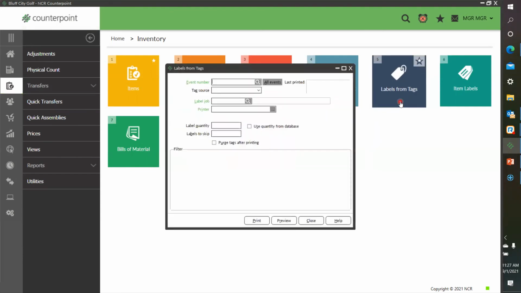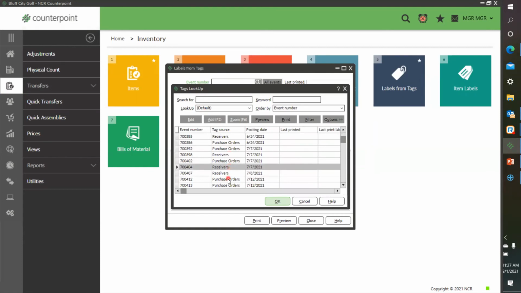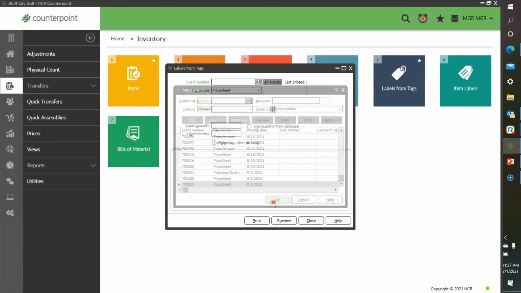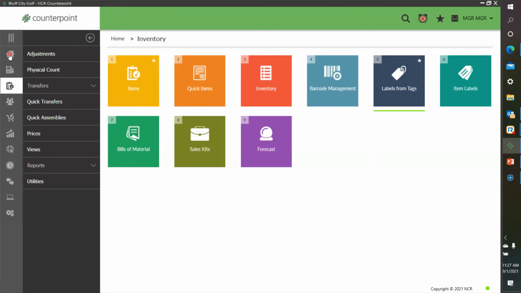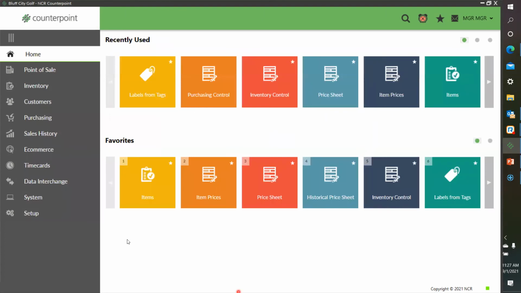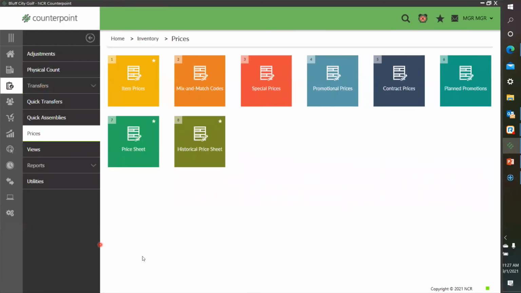So I'm going to click on this. I'm going to go to the event lookup, and here are all my posted documents for 2021. So if I wanted to print something from my price sheet that I implemented earlier, I would just select this, OK, and then go ahead and print tags. So now that I've made sure that my controls are set, I'm ready to implement my price sheet. So I'm going to go to Inventory, and I'm going to go to Prices, and I'm going to go to